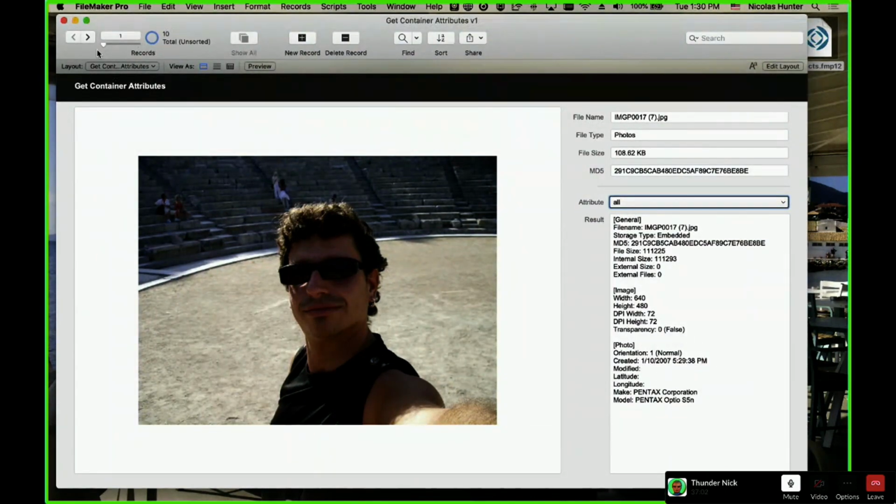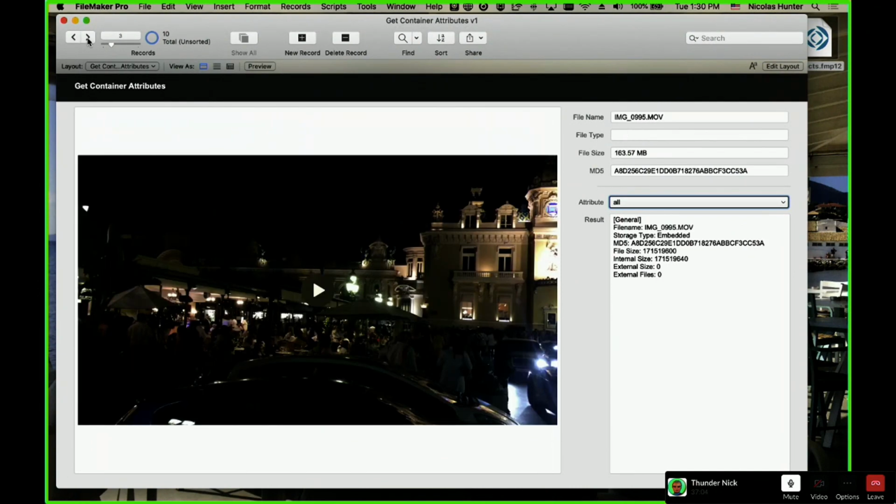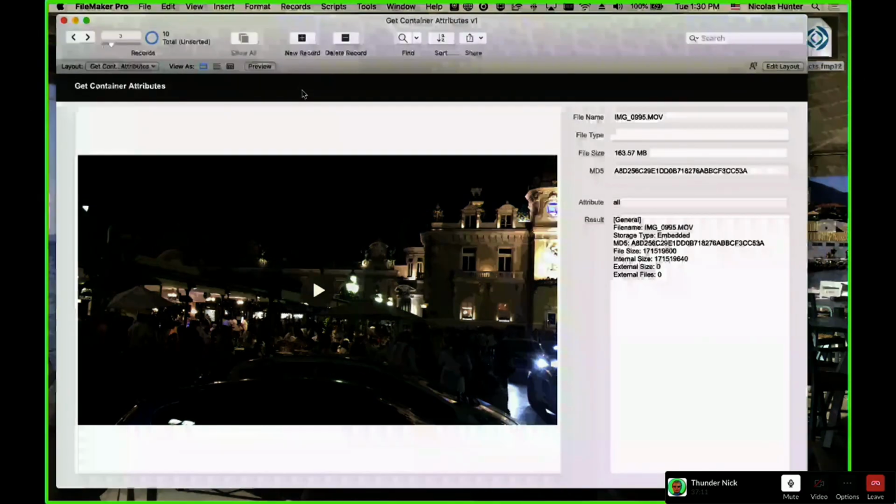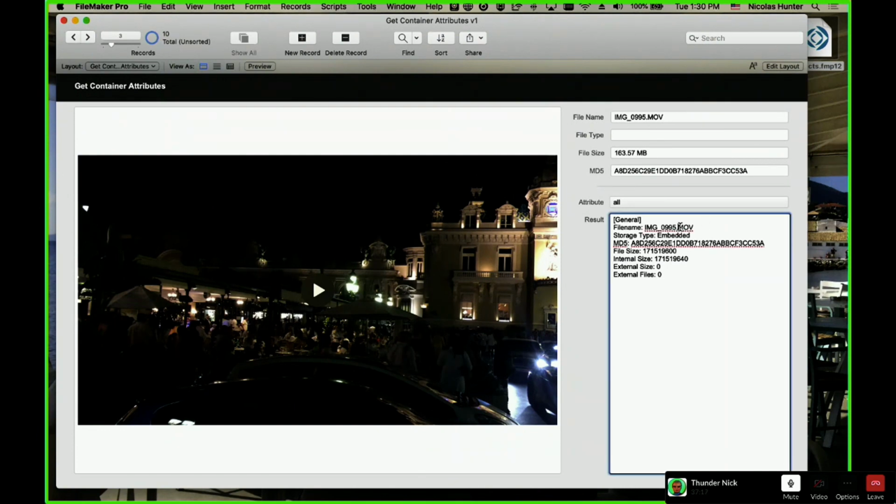You have the group for photos, and you have the group for videos where there's nothing at all. So FileMaker will never return anything about videos, period. FileMaker doesn't even know that video is there. You know it because you need to track the .mov or the .mp3 or .mp4 or whatever based on this.